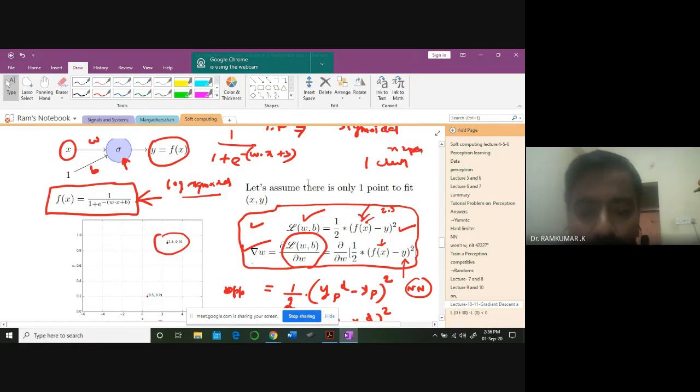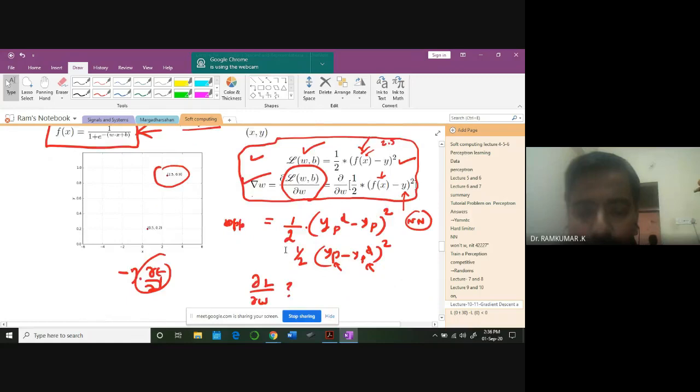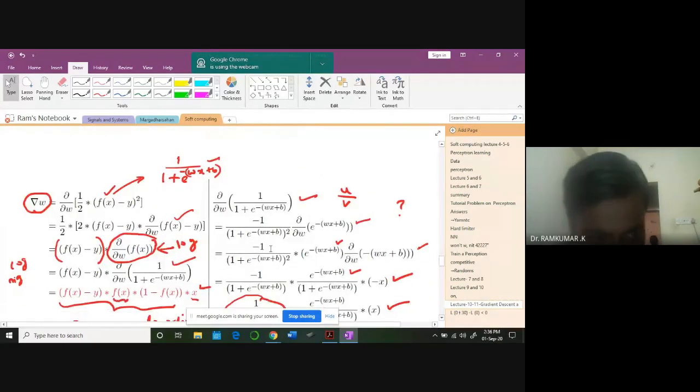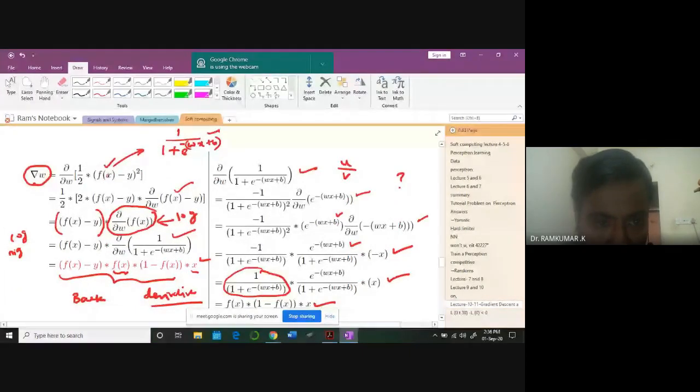I'm trying to compute the loss function now, and I'm finding the derivative of the loss function with respect to the weights I'm going to update. So take the function; this is squared. I'm going to differentiate with respect to w. This y is not a function of w because that's a constant. It's labeled data, so you need not bother about this y. Only this neural network output is a function of w. Can you see it? This is a function of w and biases.